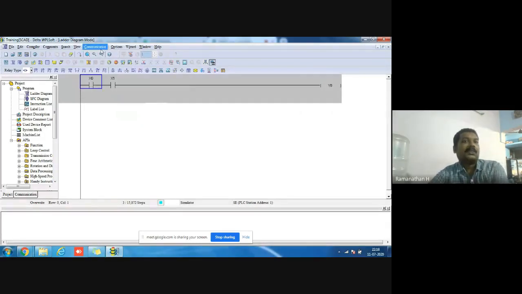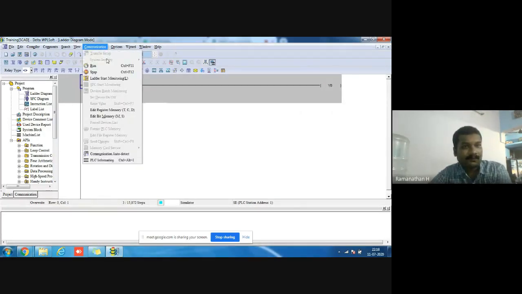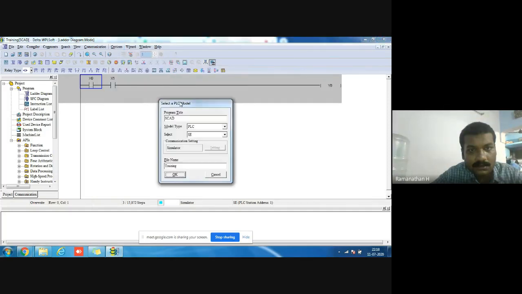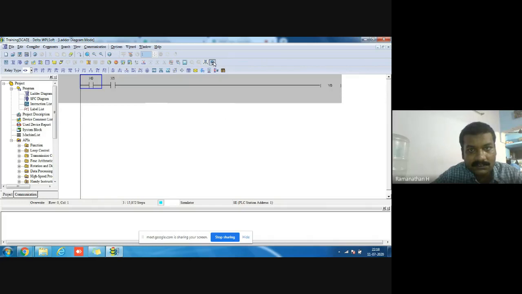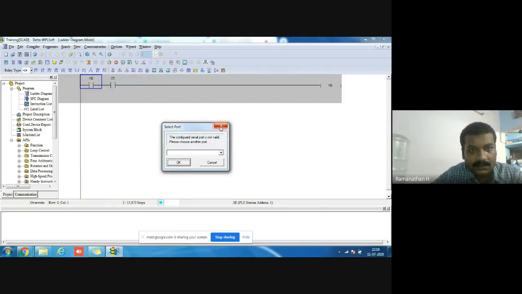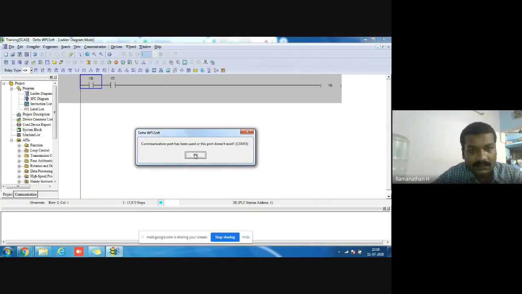Before that, I told about the communication setup. Now it's in simulator mode, so you just leave simulator mode and go to communication. Mode is not configured.